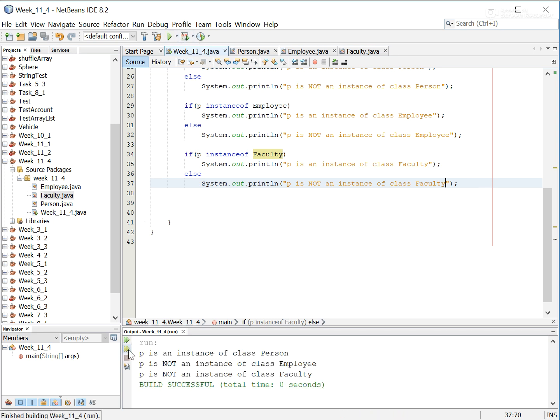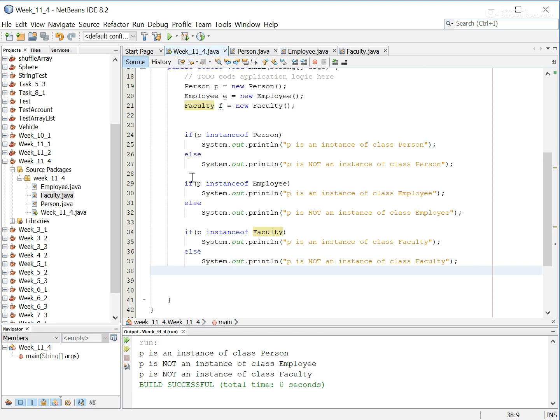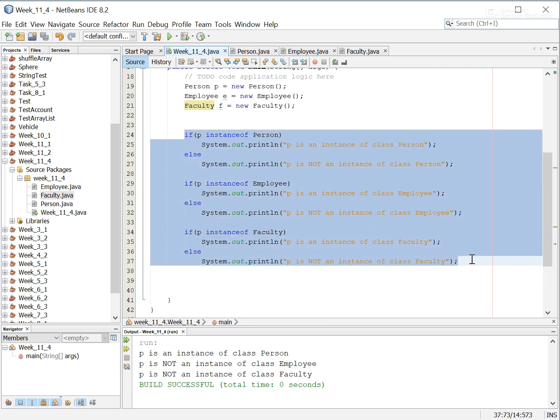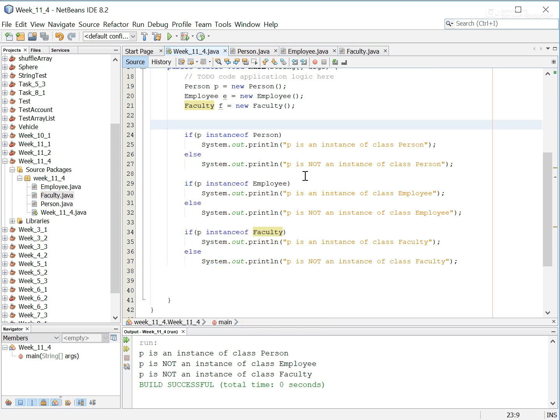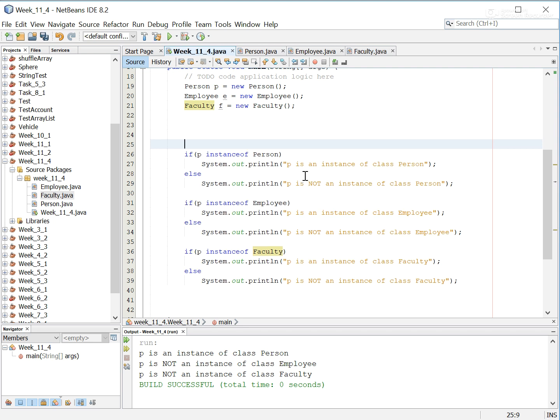Okay, so P is an instance of person, P is not an instance of employee, and it's not an instance of faculty. Now, there's a lot of code. I could actually do something here. If I want to do this comparison of an object against these three classes, it would actually be handy if, let me just